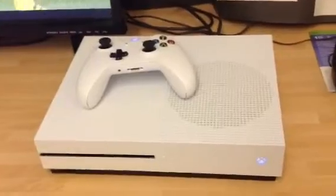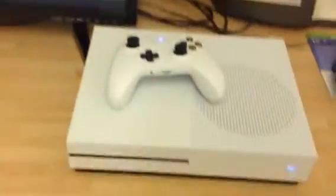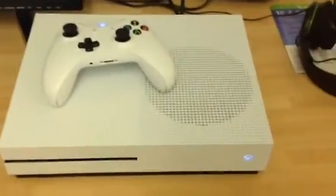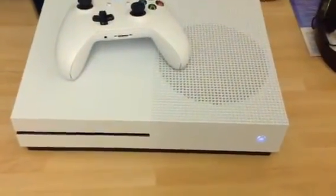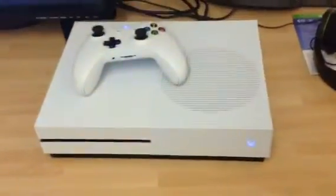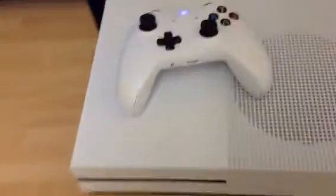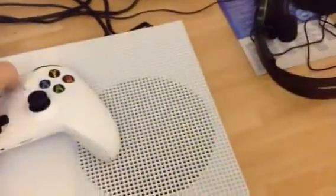When it comes to backwards compatibility with this console, backwards compatibility is great, because that's what Xbox is pretty much known for, because you can play your Xbox 360 games on your Xbox One. For example,